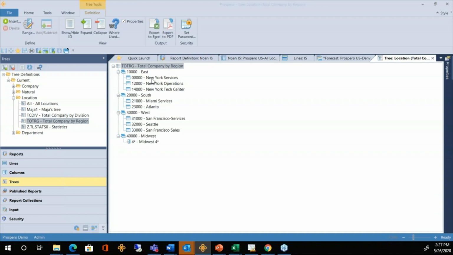Now, the first 3, they're all listing individual ones, so if you ever added another entry for the East region, I'd have to come back to East and right-click and insert that new addition. But the one at the bottom for Midwest is using an asterisk as a wildcard. So that would automatically get updated. I would not have to come back here and make any changes to Midwest if I added a new Midwest location that was in the 40,000 range. So that would update itself.